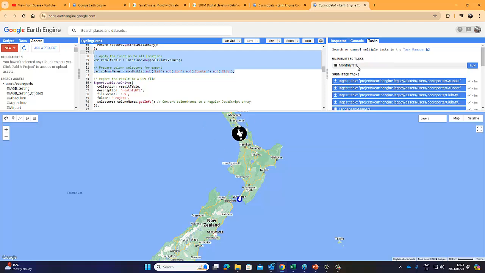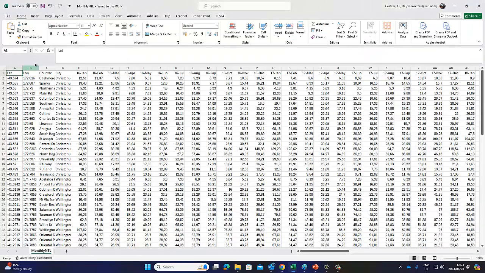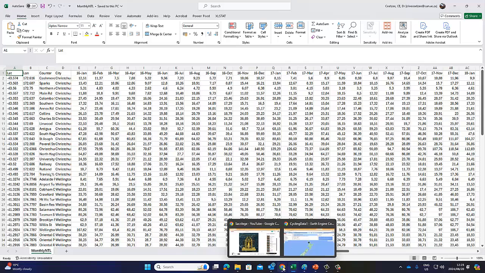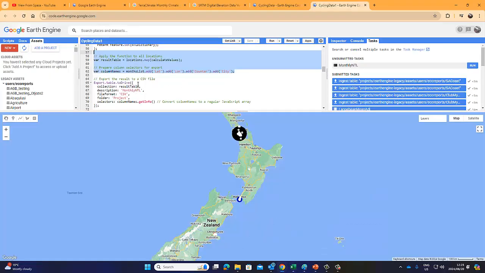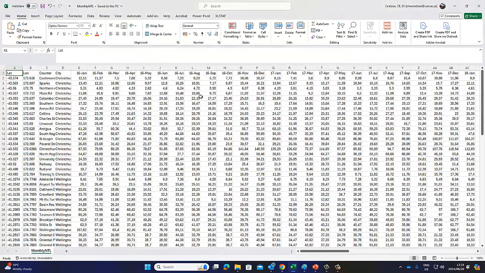And so it will go into our task window, and from there we just run it. This is how it looks. Now I just swapped it around a little bit, because remember in our data set, it will first be the nighttime lights data from 2016 to 2023, then the lat and long, the counter and the city. I've already swapped them around so that I have the lat and long, the counter and city, and then the data set. So that must again be 1996,